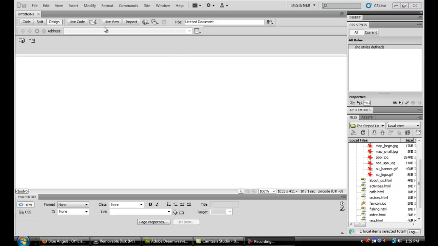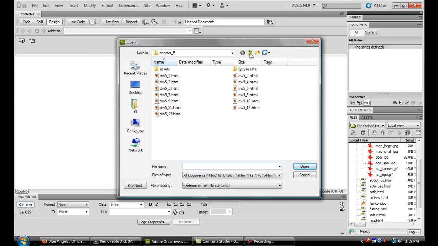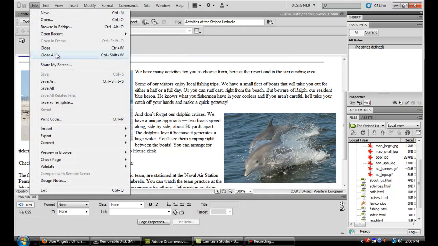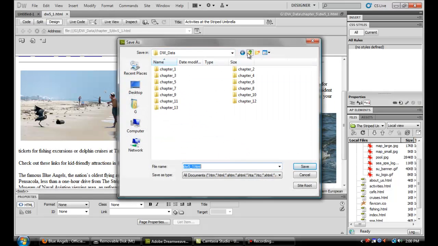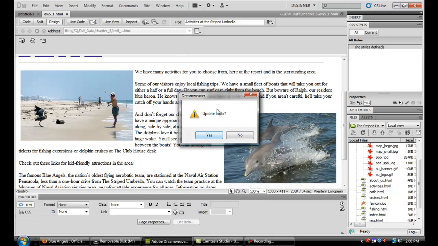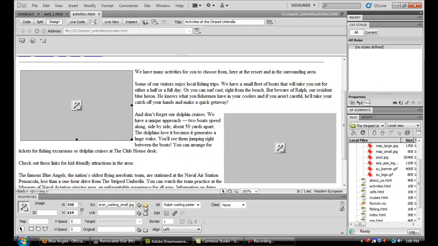And to demonstrate this, the project begins with the striped umbrella by going under File and opening up in your data files the DW5_1 web page. And then they want us to save that inside of our striped umbrella site, and they want us to save that as the activities page. So overwrite the activities page and do not update the links, because what we're going to do now is click on